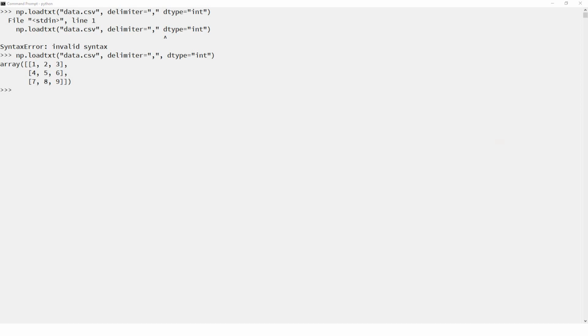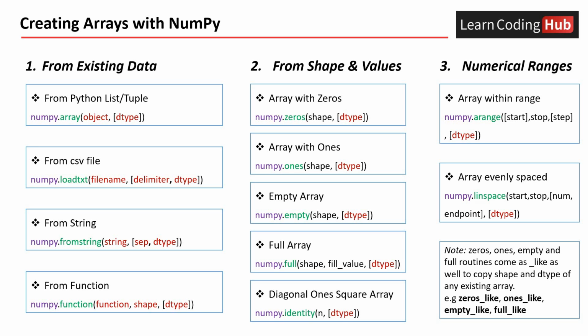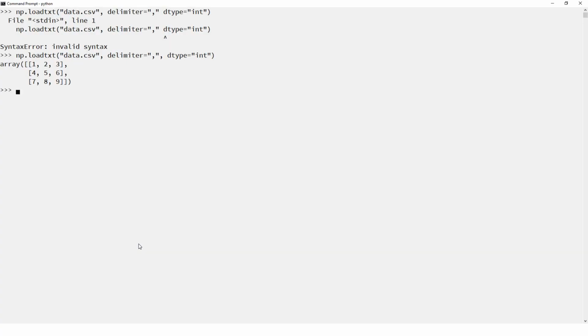Okay, so now let's quickly move on to fromstring. Let's say you have a string. A similar thing applies to the string as well. I just want to mention one difference. Within the CSV you have the delimiter, but with a string it is called separator, sep, so we have to specify that one. So let's say I have np.fromstring, and then